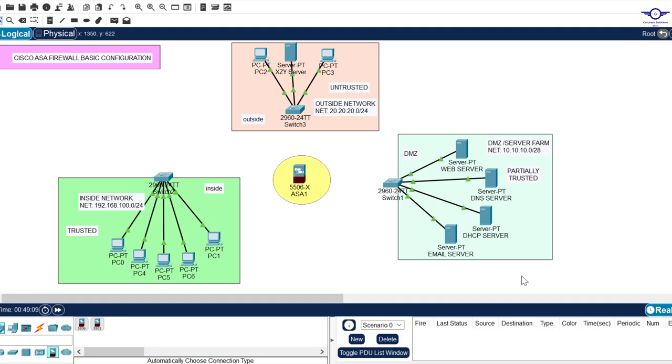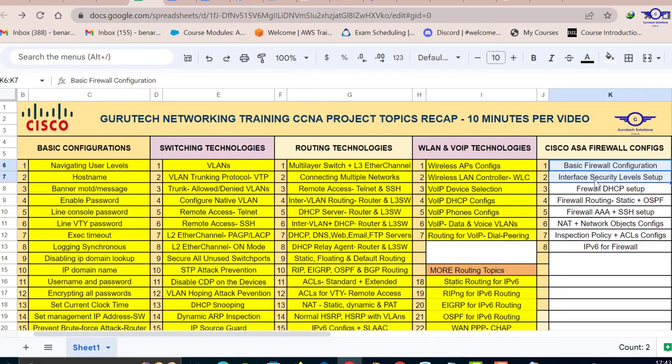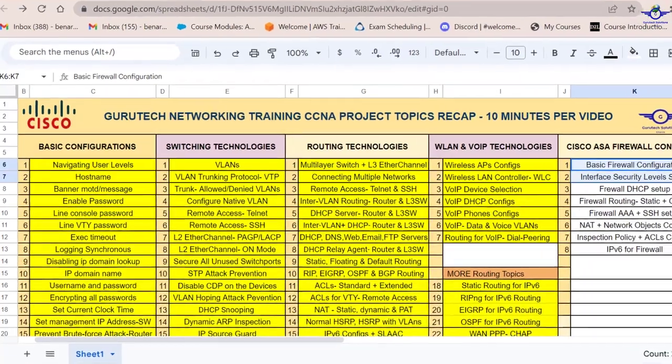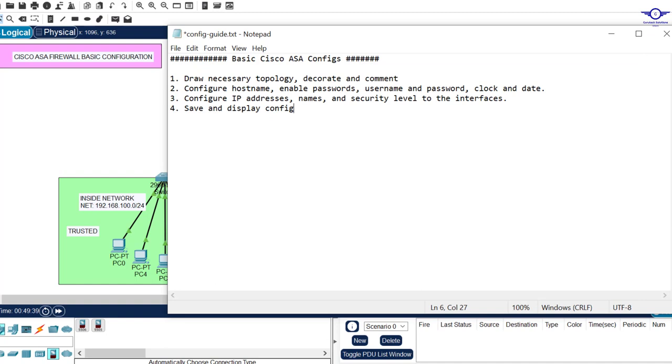So in this video we're going to start on Cisco adaptive security appliance firewall configuration, and we're going to do firewall basic configuration. So I'll just open our notepad, our Google spreadsheet, and let you know that today we're in our firewall technologies, and we're going to do basic firewall configuration, which comprises of interface security level setup. Alright, so without any further ado, I'll open our notepad and highlight the steps to follow to achieve the